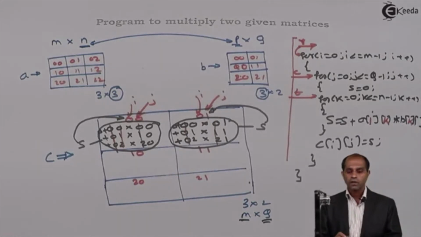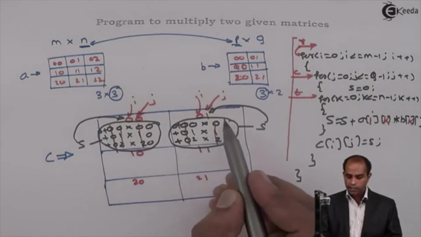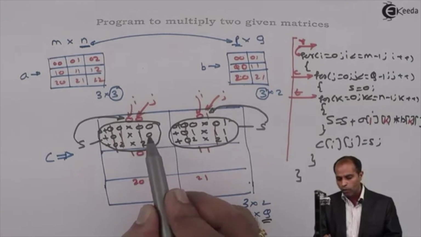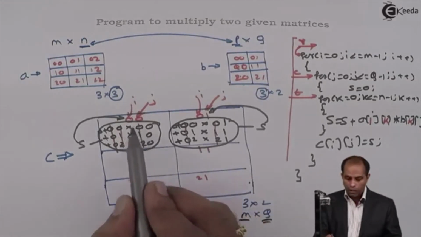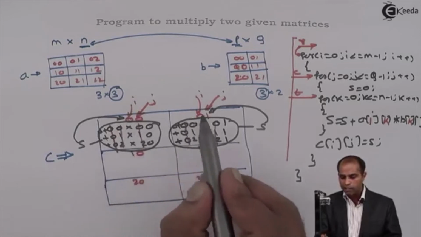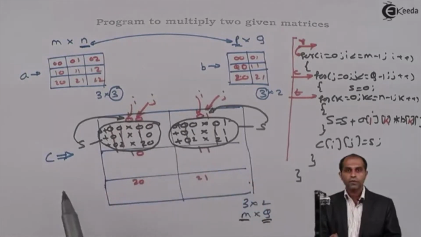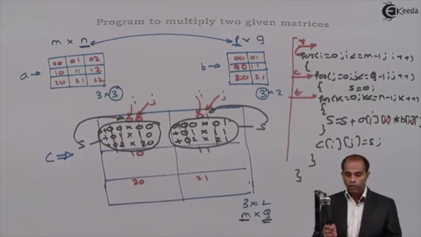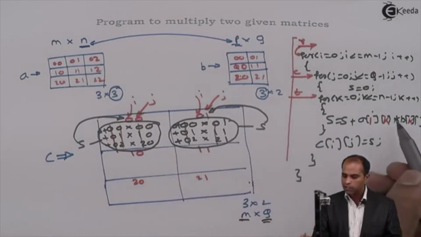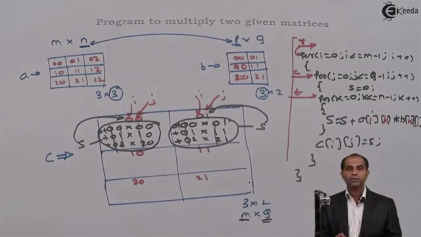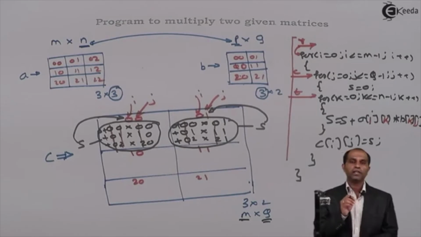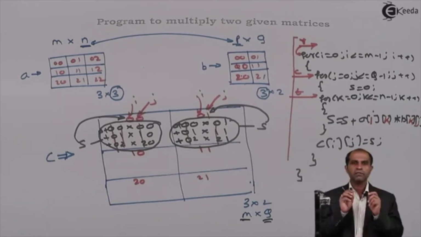It is K. Now, the last index will be constant during the calculation, but undergoes a change when you move from one location to another location. When we move from one location to another, I doesn't change because in both the cases I is 0. When I move from one location to another, K is going to regularly change, so K is ruled out. The only variable left is J. So I'll put the second index of B as J. So A of Ik should be multiplied with B of Kj. Note that it is always Ij that will be used.